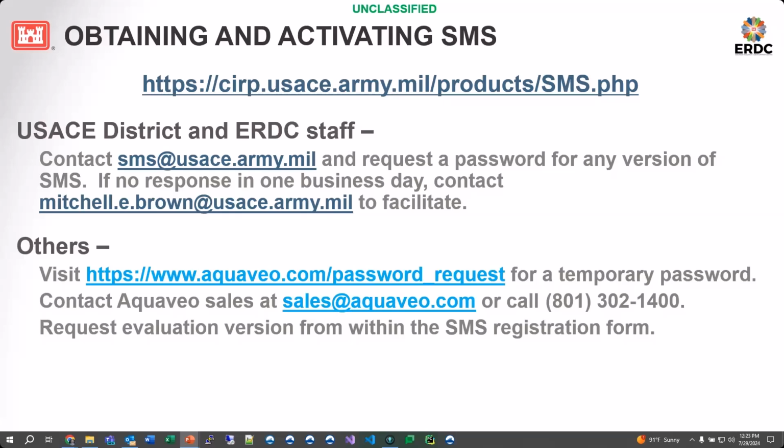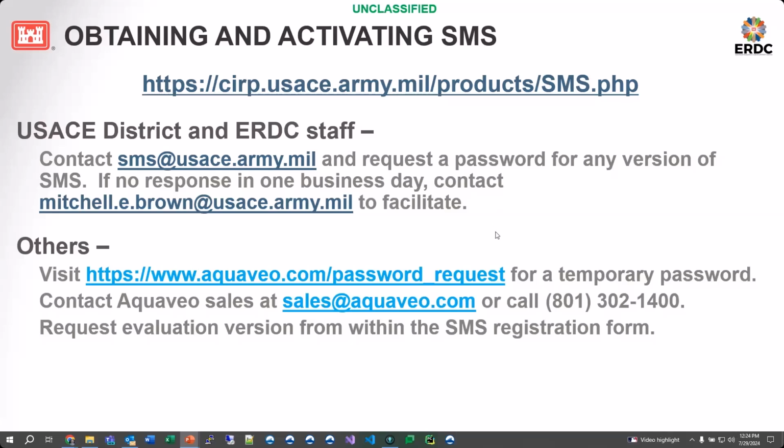There are a few limitations on that community version, but it should not interfere with using it. So in that way, you'll be able to get Aquaveo and work with CMS or any of the main USACE models without having to pay for the interface. That's a process that we're going through and providing that for